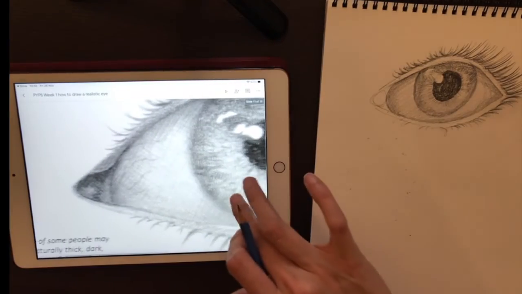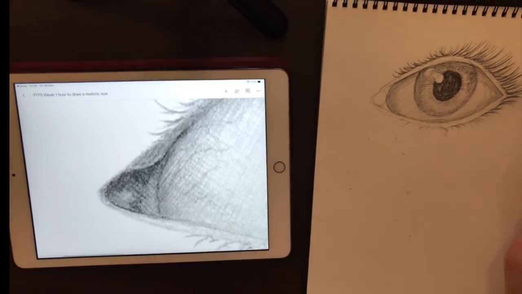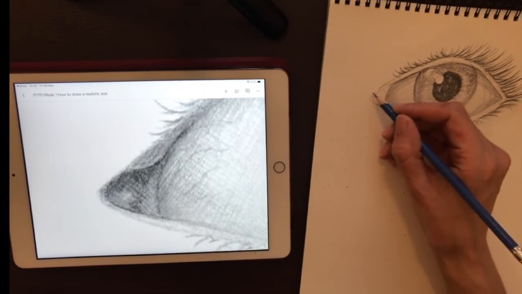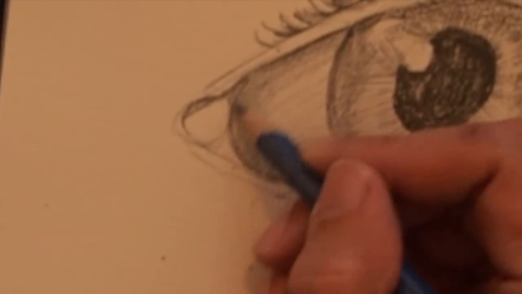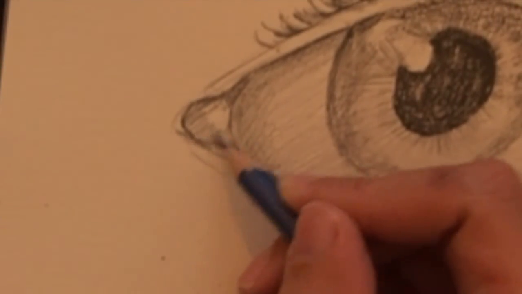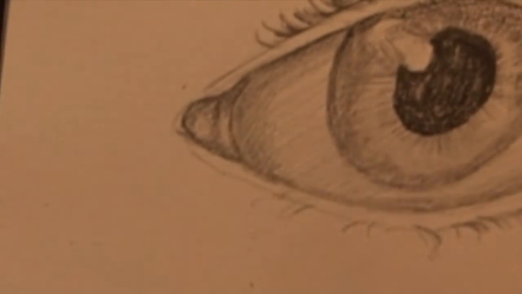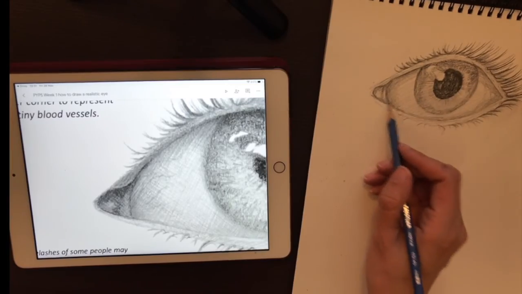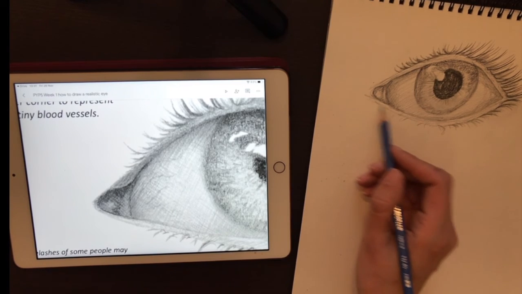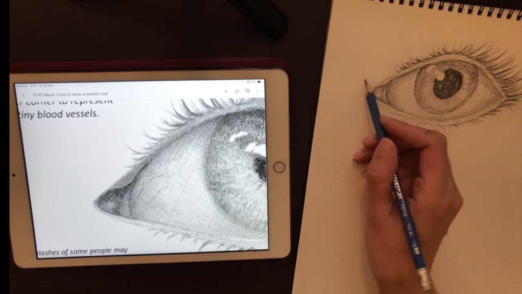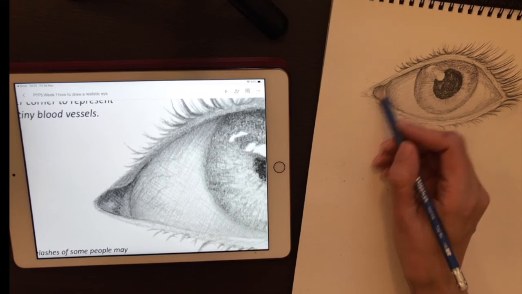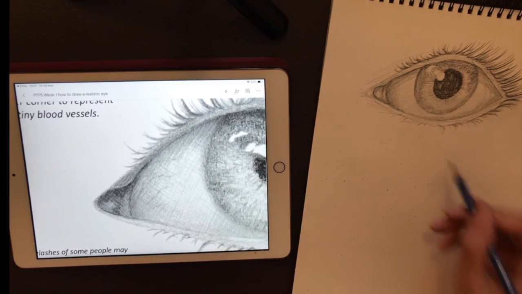Okay, now let's have a look over here. This is very dark. So I'm going to add a little bit of grey to the skin as well. And there we go. We have our